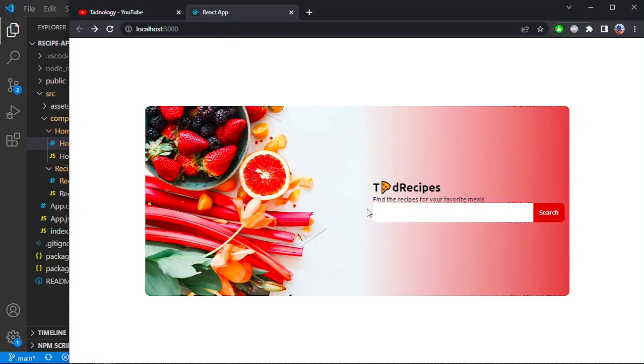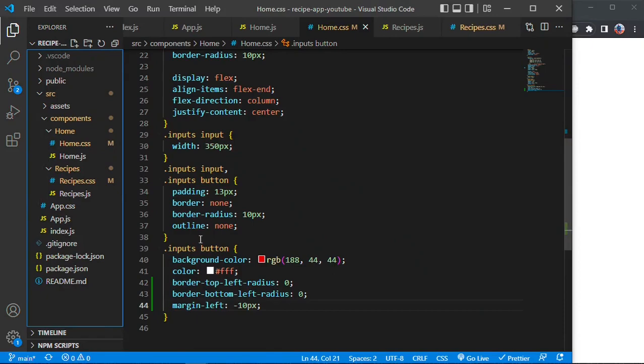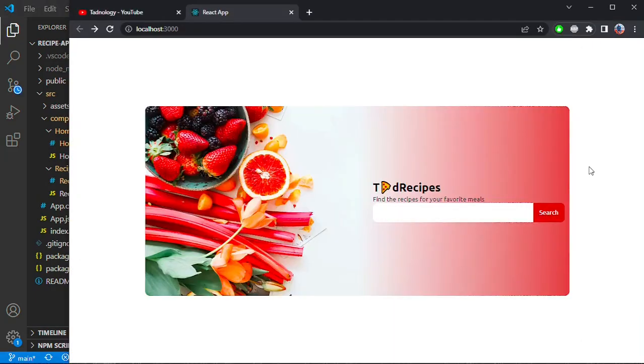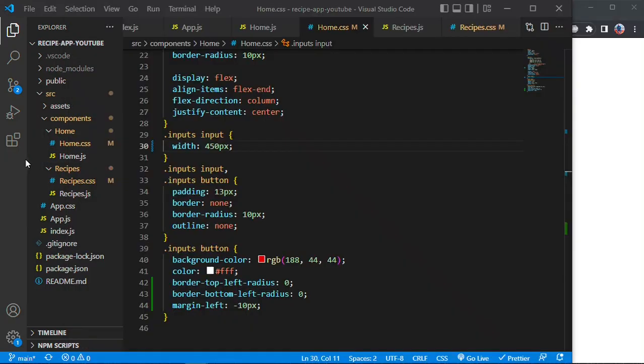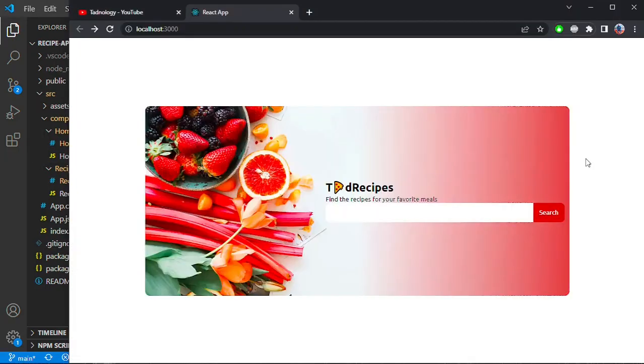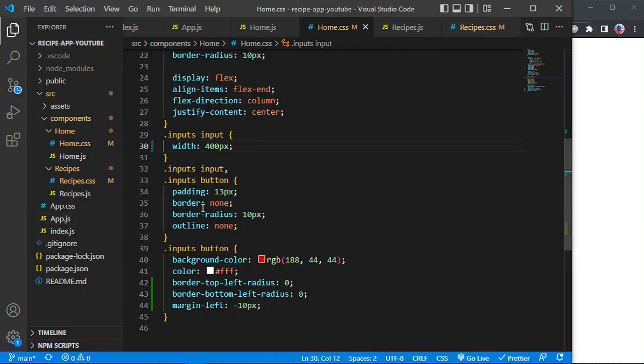And we can also increase the input here, because now it seems like it's no longer long enough. Let's make it 450, or just 400, right? Yes, so this is what we basically have right now. Or also we can do this,